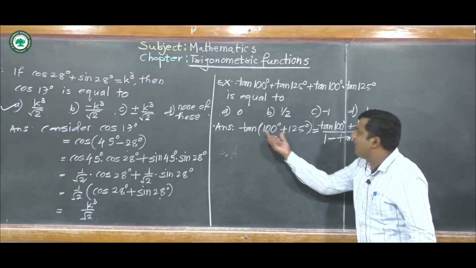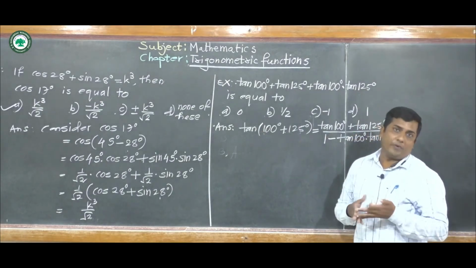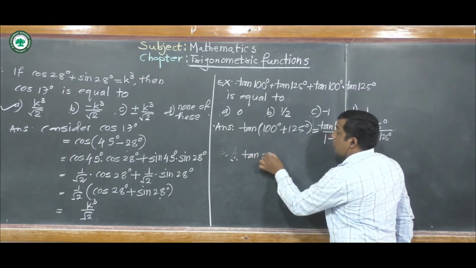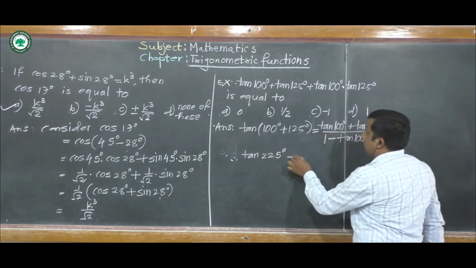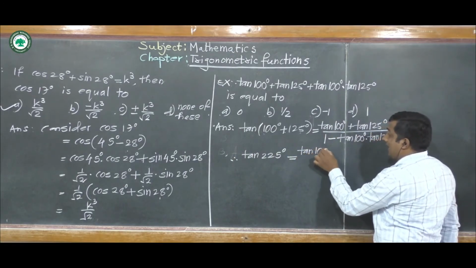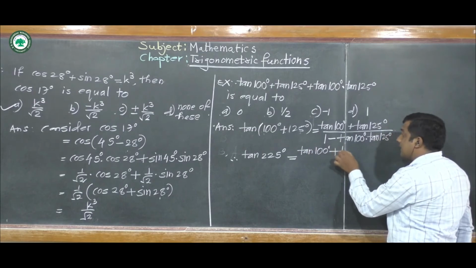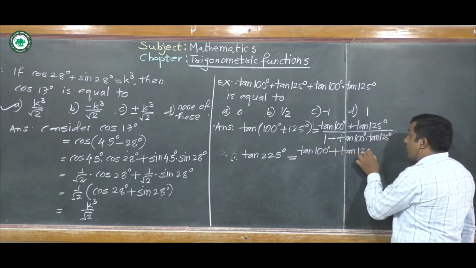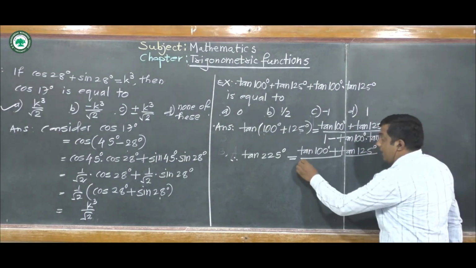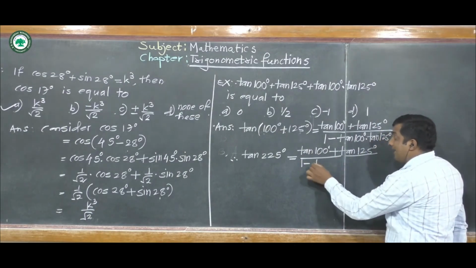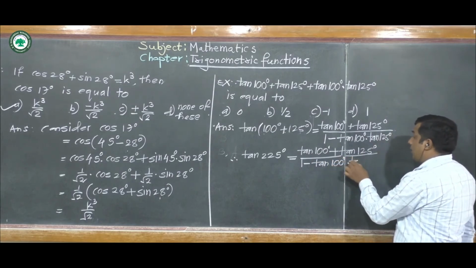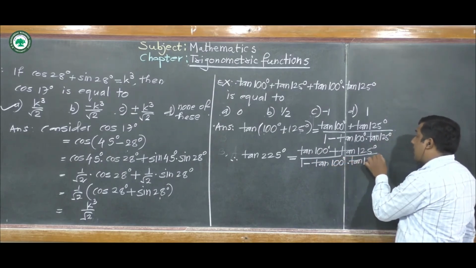Now we know 100 degrees plus 125 degrees is 225 degrees. So tan of 225 degrees is equal to tan of 100 degrees plus tan of 125 degrees, divided by, in the denominator, 1 minus tan of 100 degrees into tan of 125 degrees